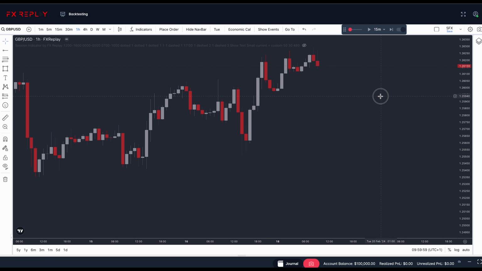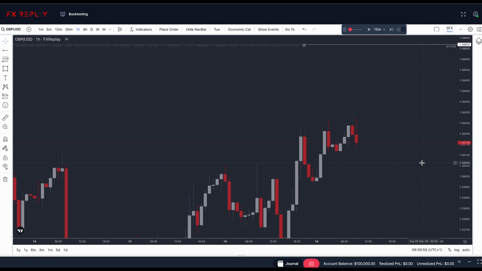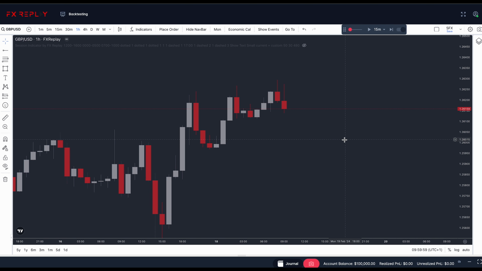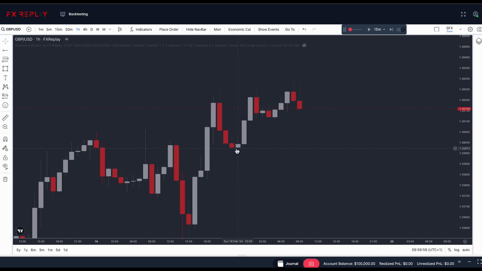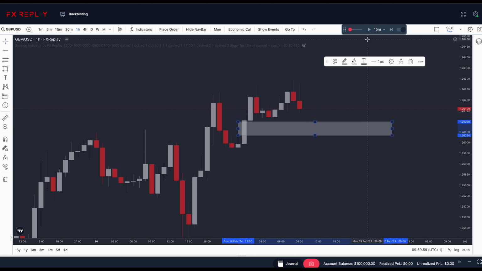Now let's zoom in. In H1, we have an FVG as well. We have this move which happened last day, on the daily overlap from the New York session into the Asian session, and price created a fair value gap as well. So I'm going to mark that up as well. We're going to say, where is it? We have